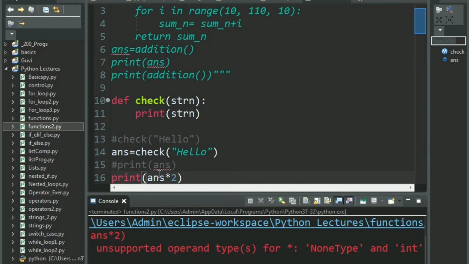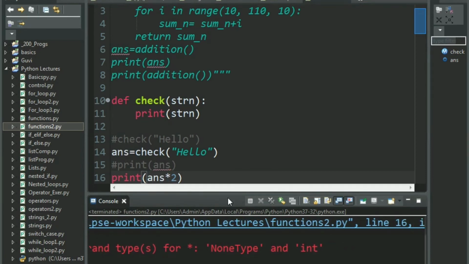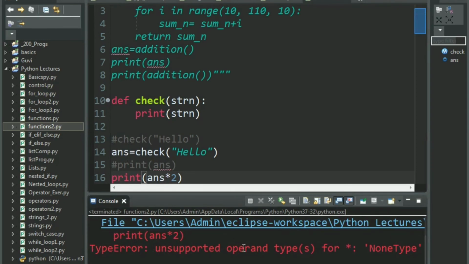So here the operand is answer. It says you are basically trying to multiply two types of data, that is answer, which is actually none, the none type, and int, which is 2. So you're trying to multiply none into 2, which doesn't make any sense, right? So multiplying none and an integer will give you the unsupported operand type error.